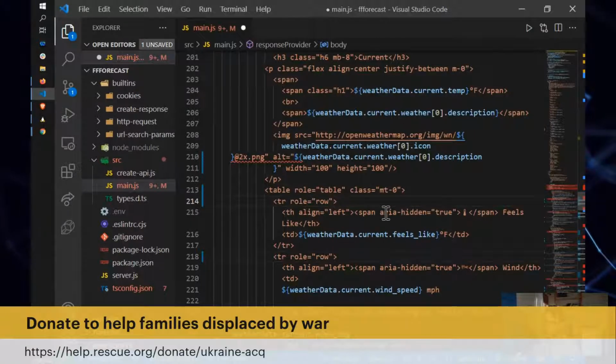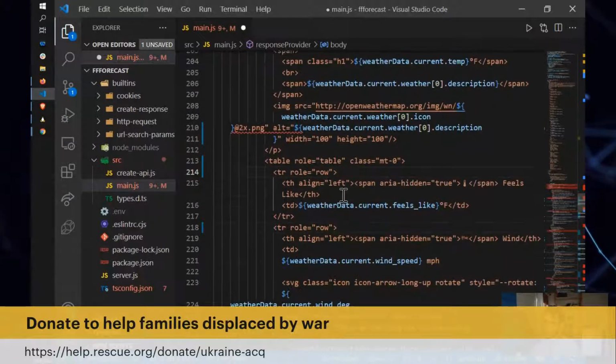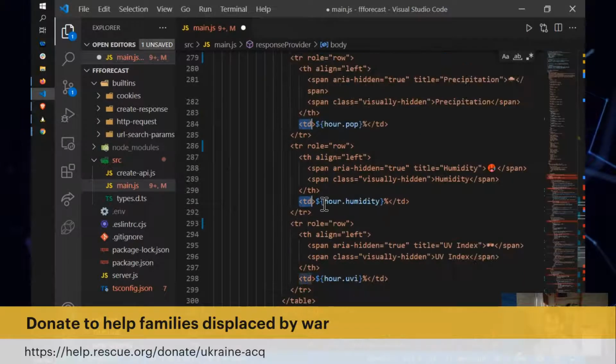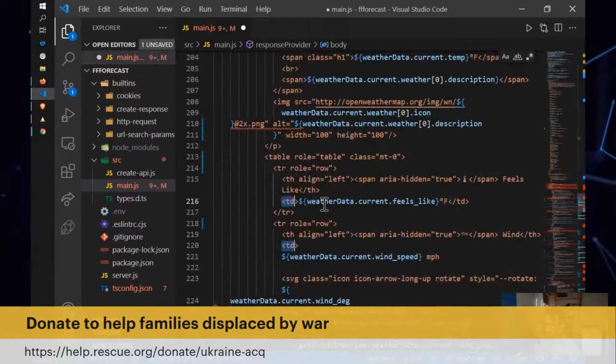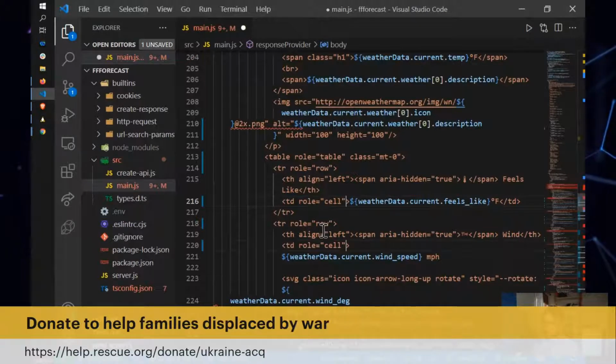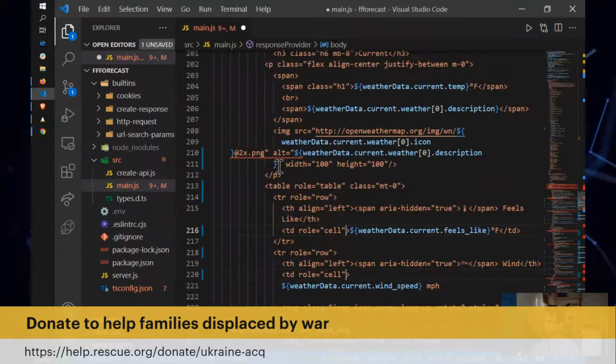And then every table data is going to get a role of cell. And then I think every table header